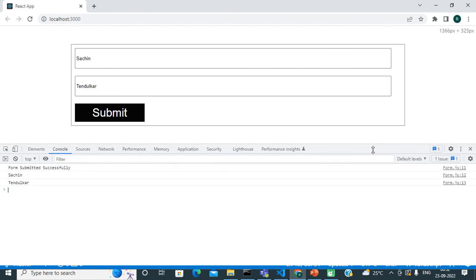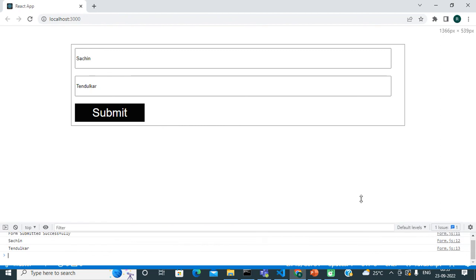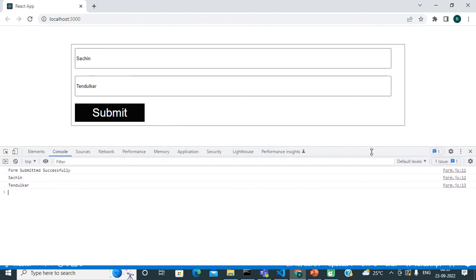In our upcoming sections we are going to create a project, and in that case we will use different input fields like checkboxes, radio buttons, etc. But this is just a normal explanation, a normal demonstration of how we handle forms in React.js.